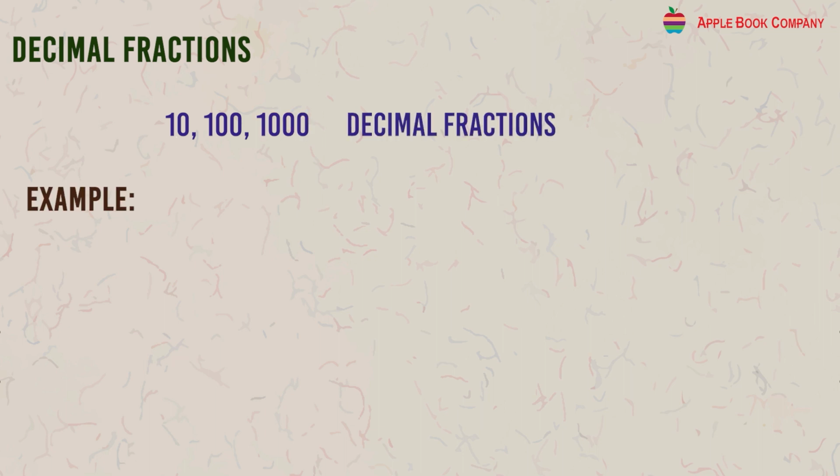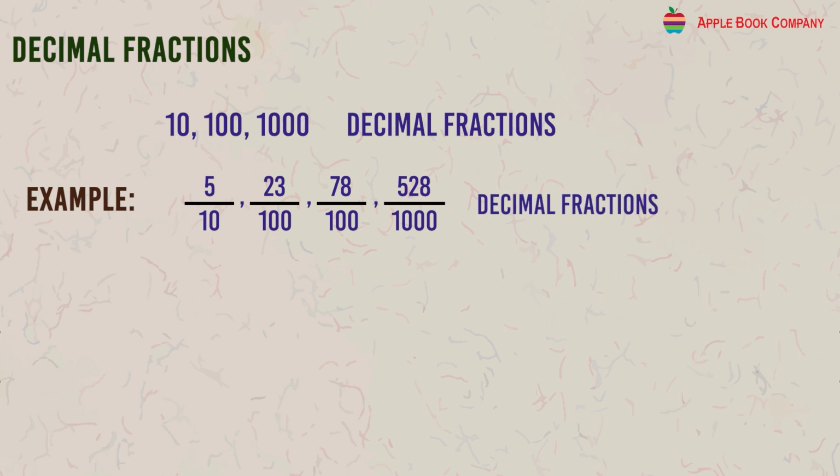Decimal fractions. The fractions in which the denominators are 10, 100, 1000, etc. are known as decimal fractions. For example, 5 by 10, 23 by 100, 78 by 100, 528 by 1000, etc. are called decimal fractions. We have 3 by 10 is equal to 0.3, 9 by 10 is equal to 0.9,